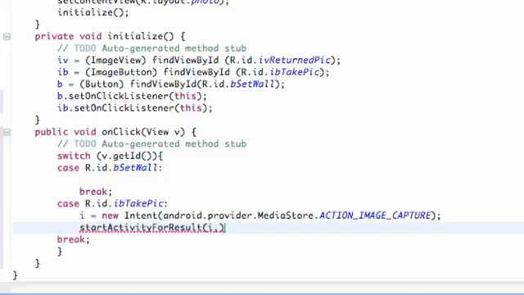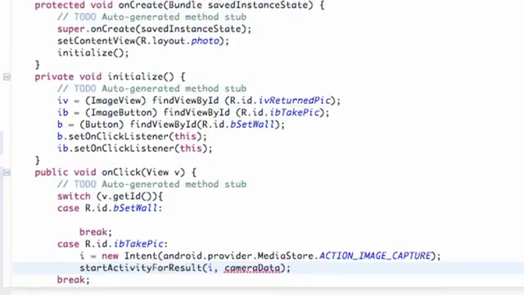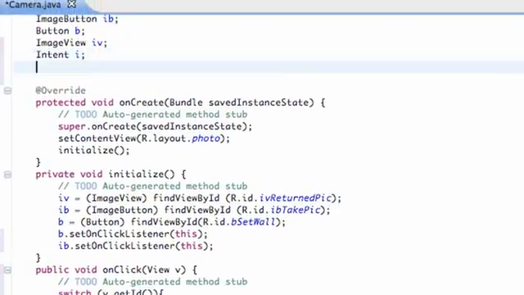And then we're going to hit a comma and basically set up a variable that's going to collect the data. And it's going to be an integer type variable. So we're going to say cameraData is what we're going to call this variable. Since we don't have a variable yet called cameraData, we're going to again set this up above our classes. So we're going to say int for integer and cameraData, and we're actually going to set this equal to 0, and you guys also need to say final static,